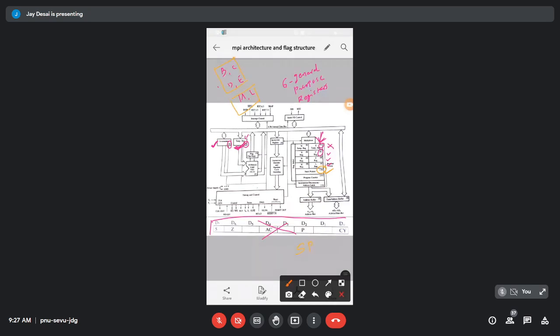So stack is nothing but one type of reserved memory location area. Stack is nothing but it is a one type of, see,